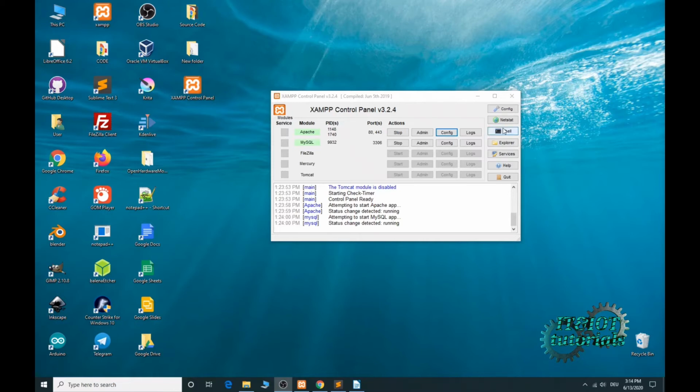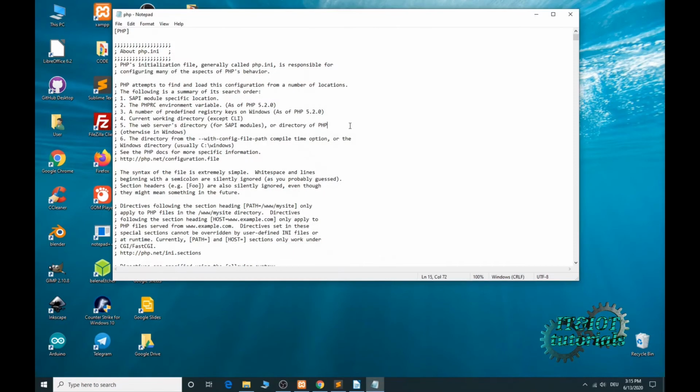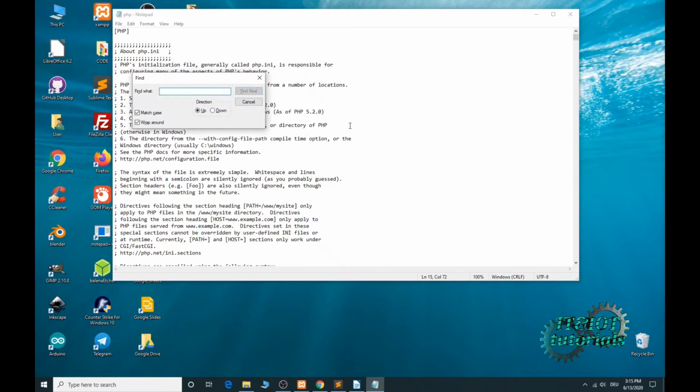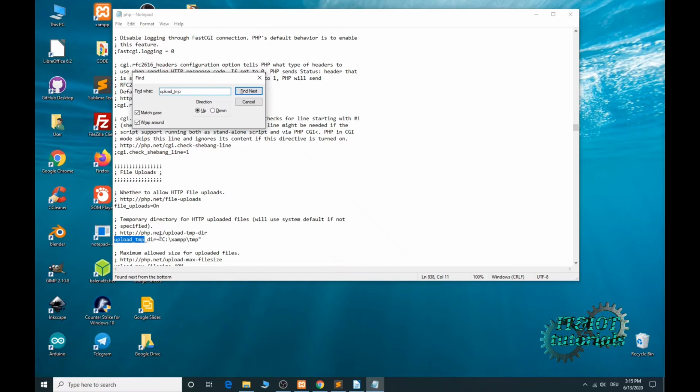Information in the phpinfo.php page describes the temporary directory that is used for file uploads as upload_tmp_dir. I will show you that right now. php.ini. Now Ctrl+F to find and type upload_tmp, and as you can see, that is our temporary directory,